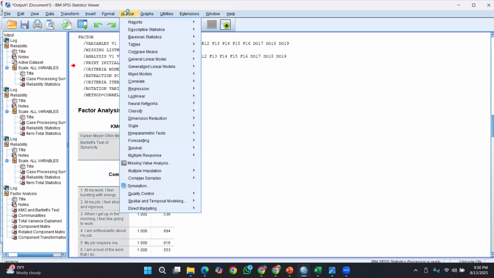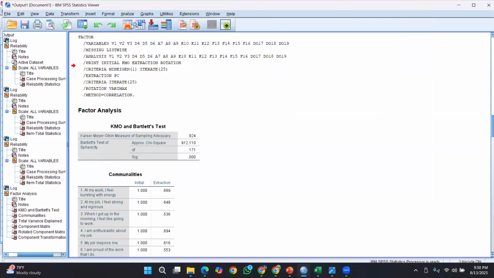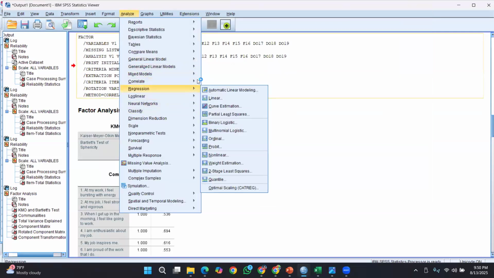In order to obtain this correlation related technique, what you have to do is go to correlation. I will be performing the same command: Analyze, Correlation, Bivariate.